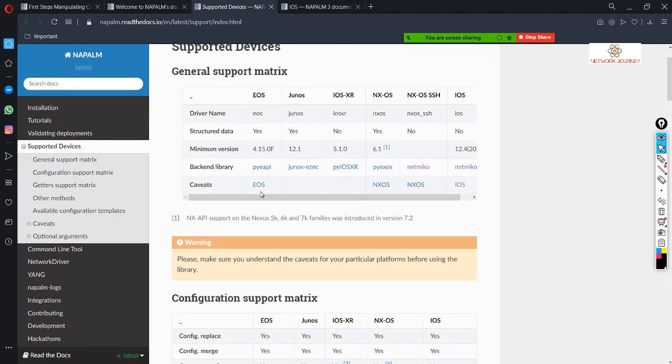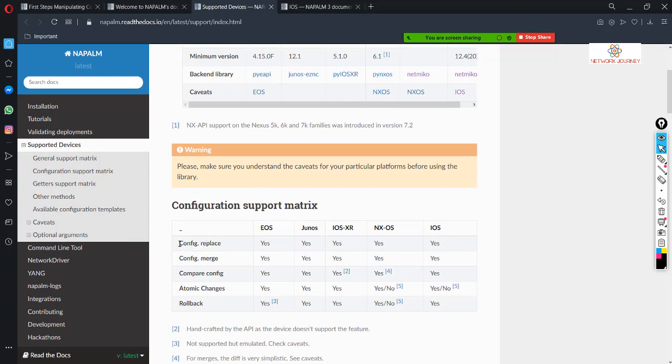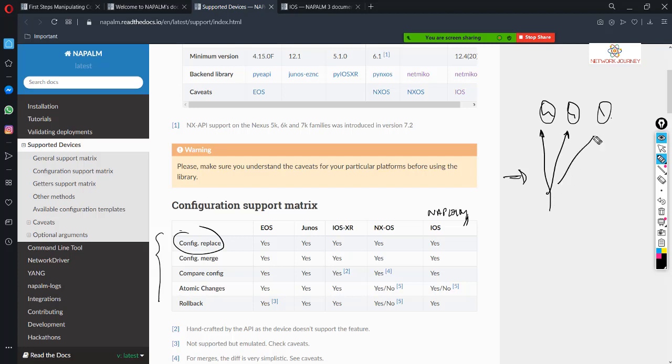So this was the supporting devices, and these are a few very useful functionalities, very useful inbuilt functionalities provided by NAPALM. So in short, let me say I have a couple of devices, and the task given to me is to push an external file to these devices.